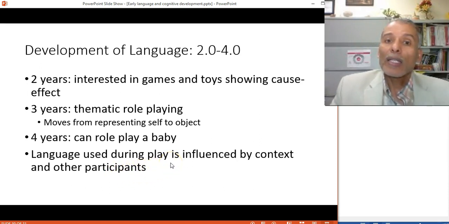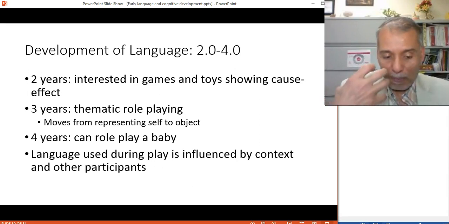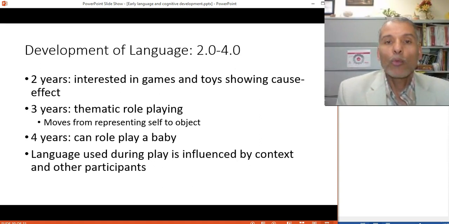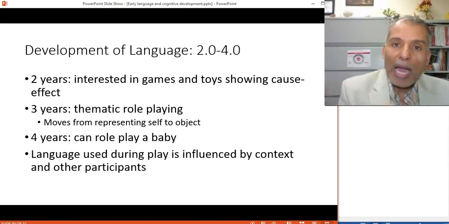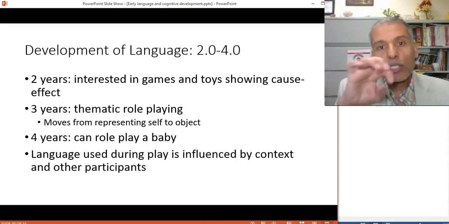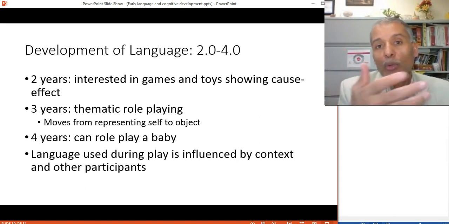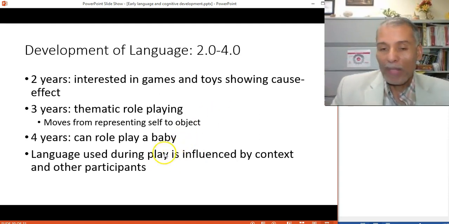Up to 3 years of age, the language that a child uses is a reflection of who that child is communicating with. And if the child is communicating with someone, say, parents who do not have a strong vocabulary, that child's vocabulary will be a reflection of the parents' vocabulary in that preschool part. Of course, unless the child goes to a preschool, and in that case, you counter that effect.